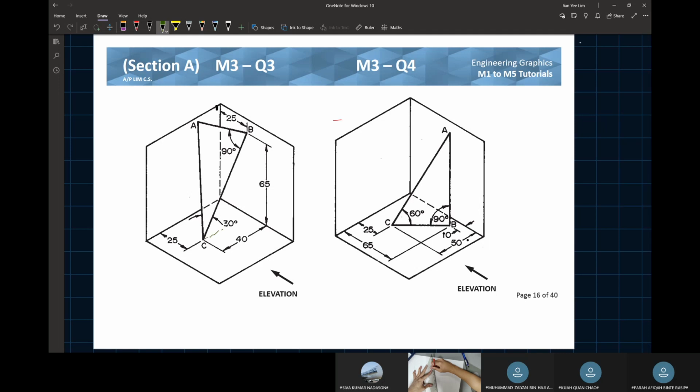So C, and this will be C prime. And A, so A prime. Then this one dot dot dot. This will be B prime. Okay. So now the question is,